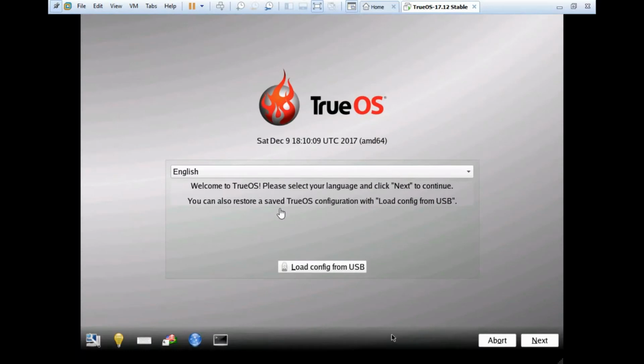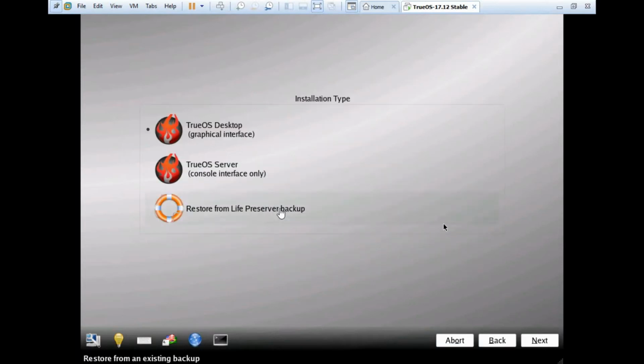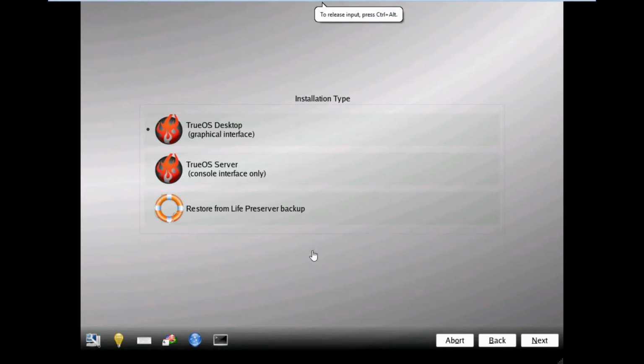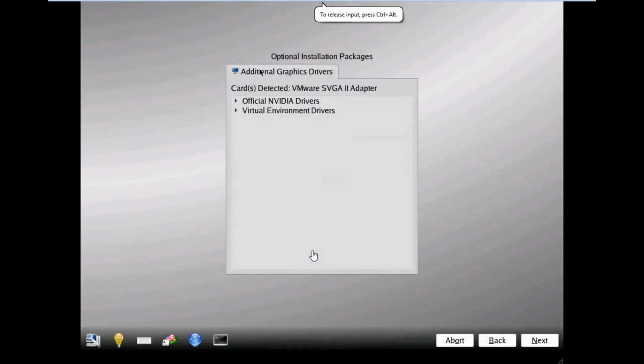So the first option is to select the language, that we select English as default and click on next. So over here we have the installation type, that is either you can select the operating system desktop or server or restore from live. So basically, as I recommend that you are going to start with a FreeBSD type operating system, it is better to have the TrueOS desktop. So let me close this also first of all, so that you can see. So I select the TrueOS desktop only, so I click on next,